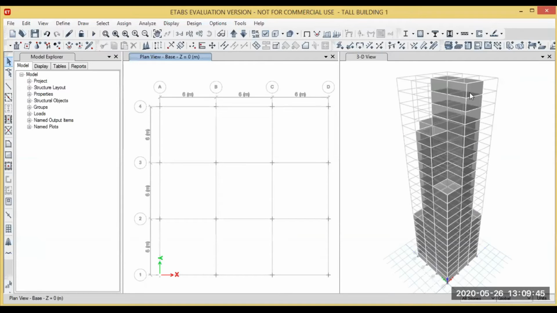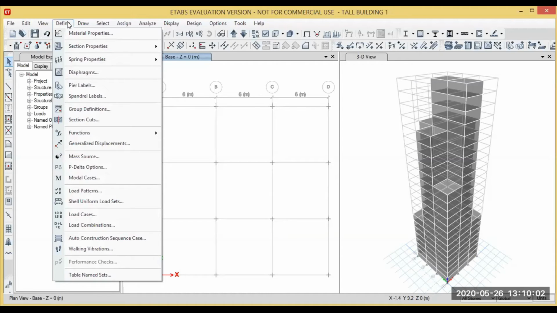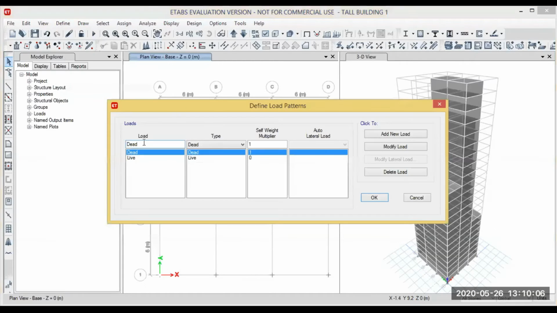So here is our model. We have assigned the outer cladding, and you can see it looks more refined, and the details can easily and clearly be seen. So after that, the next we assign our wind load, and before we do that, we need to define the wind load. So we go to define, go to the load pattern, and here we write a wind